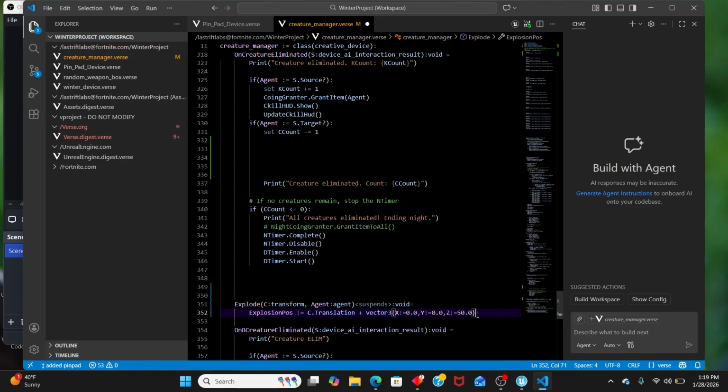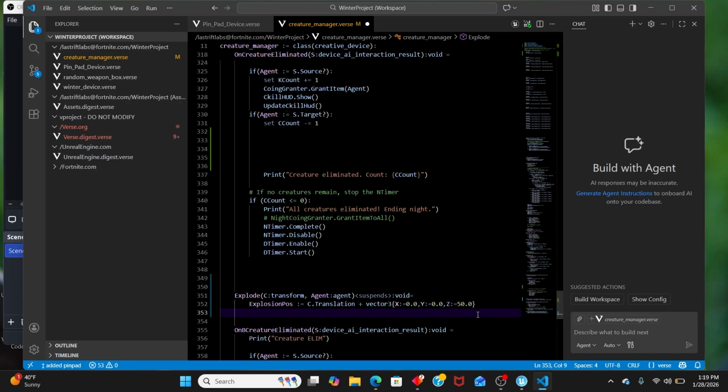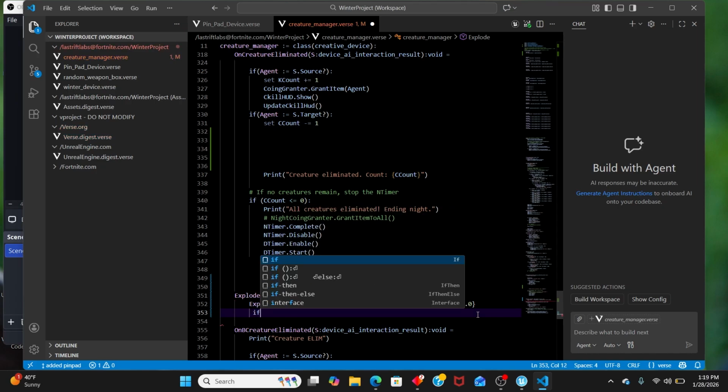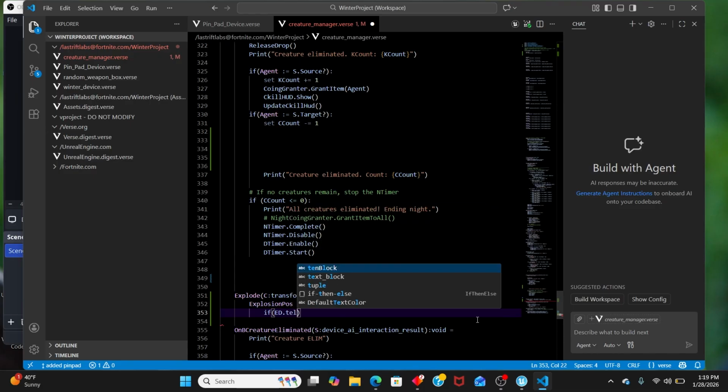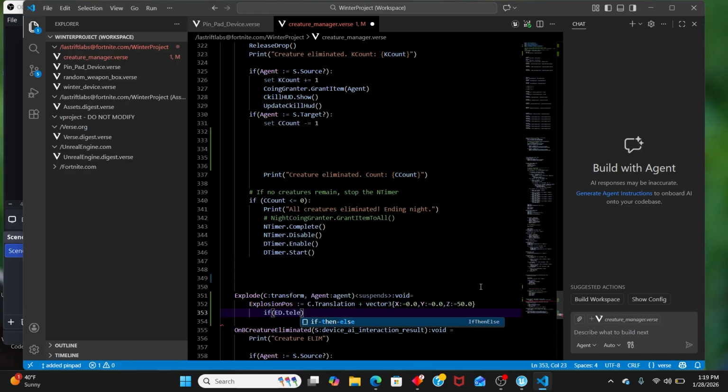So we have our position set. There we go. Next, we're going to just make an if statement, something that could fail. We can actually do this: if the ED teleports, oh, excuse me, that needs to be capitalized. Teleport